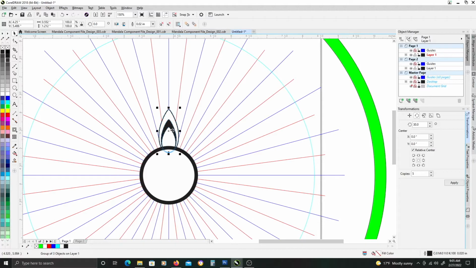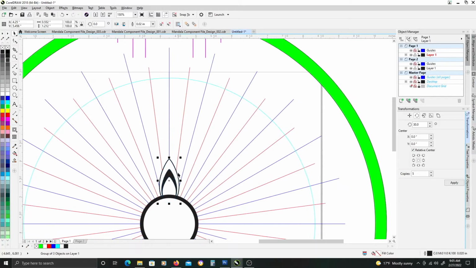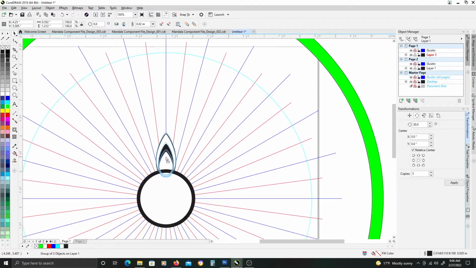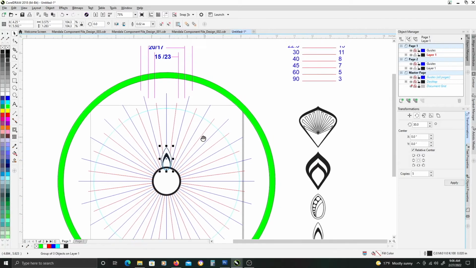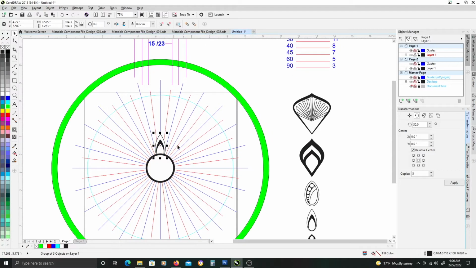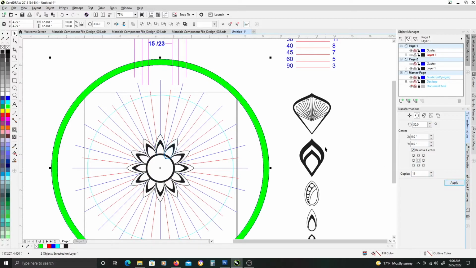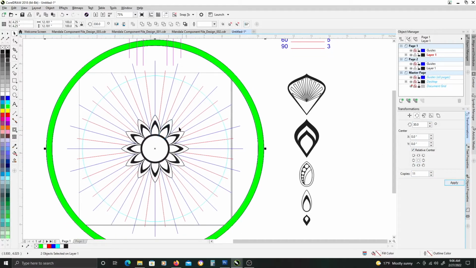Then we're going to scale that. Okay, so now with that selected, I'm going to select the green circle. I already have 30 degrees set in my rotation angle, and I want to change my copies to 11, and then click apply,